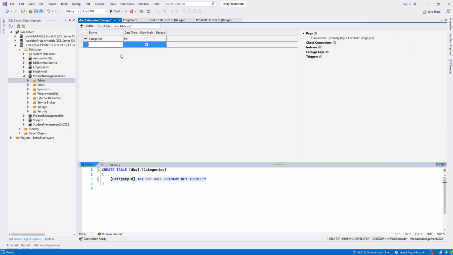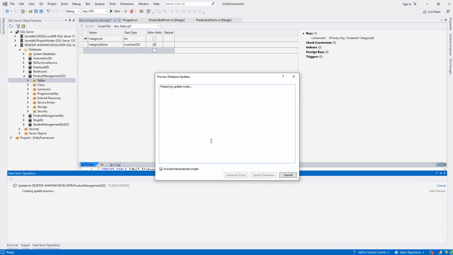And now let's write category name and put nvarchar 50. It says like it will take national characters and 50 characters, Unicode characters. And this varchar, if we write 20 characters, it will just delete the other 30 characters. It will just keep 20 characters in our database. So let's go and save this one. We say update database,